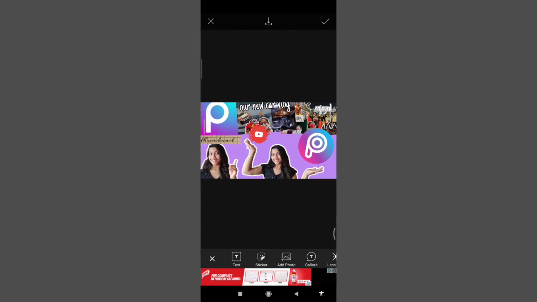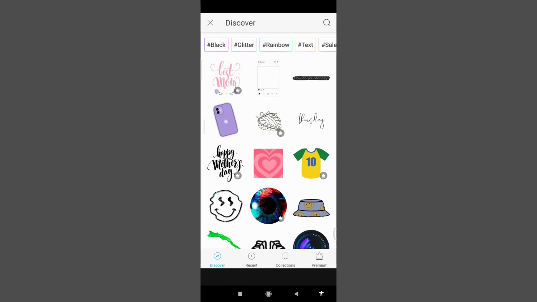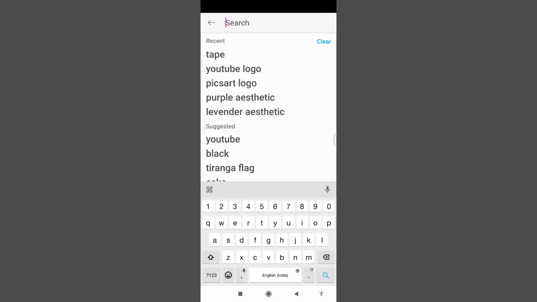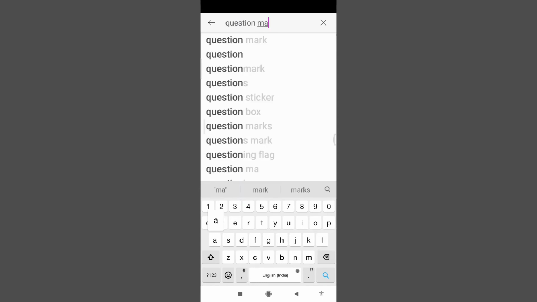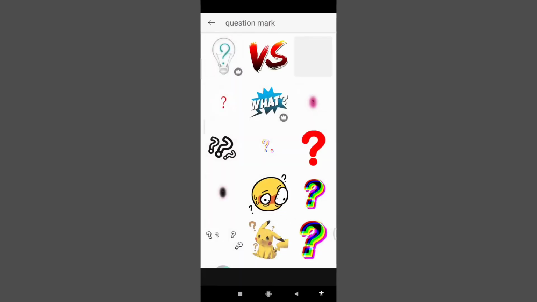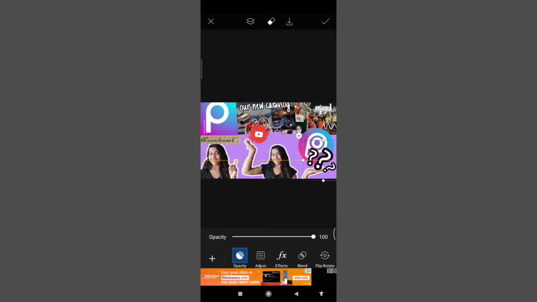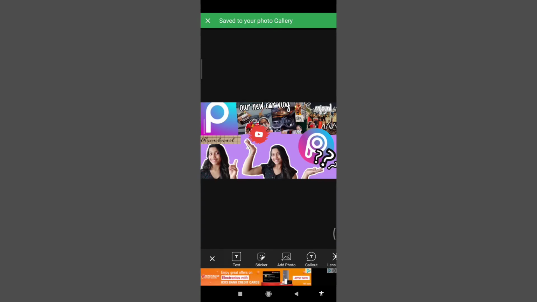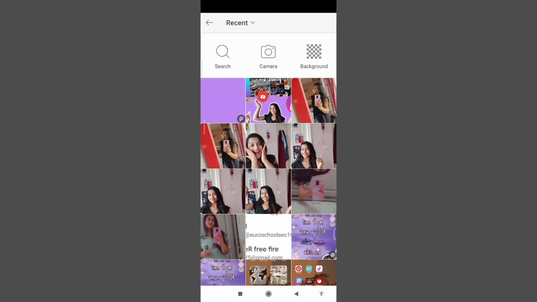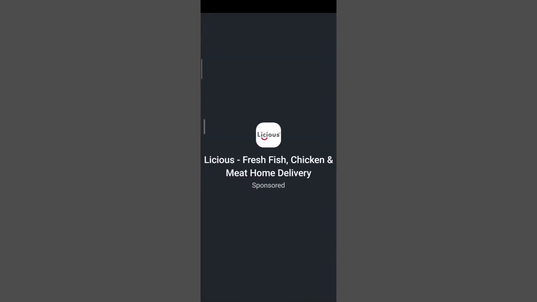Adjust all the stickers now and add some more. I'm adding the question mark one, which is my favorite. Now guys, PicsArt gives limited items, so now you need to download the pic. Again open PicsArt, go to edit photo and select the downloaded pic.